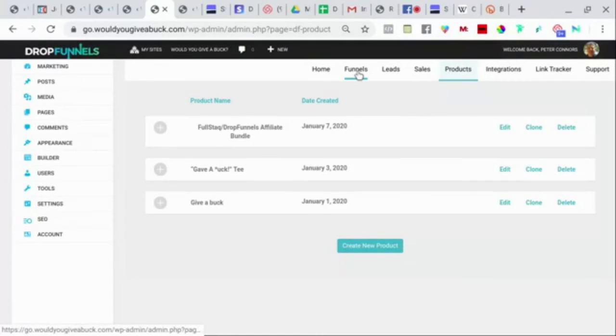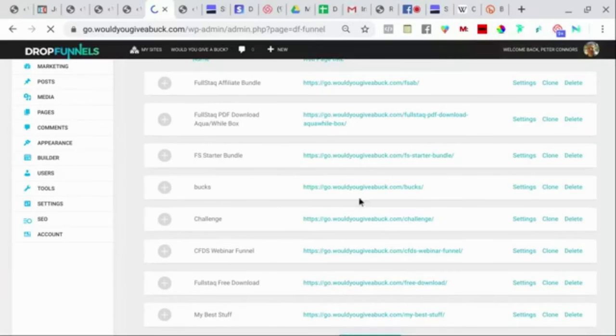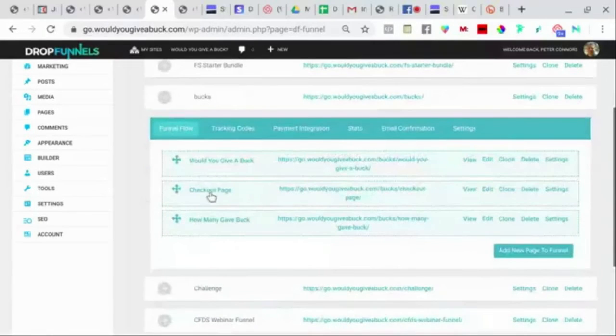Now, when you're actually building a checkout in your funnel, what you'll see is I have my checkout page, which I literally just take a box and drop it in. I take that checkout box and drop it in. I select the product that I want to sell in that checkout box, and that's it. On the next page,